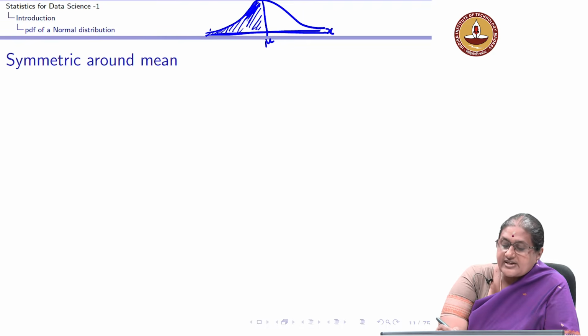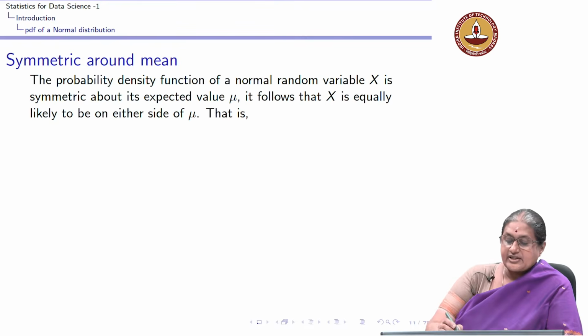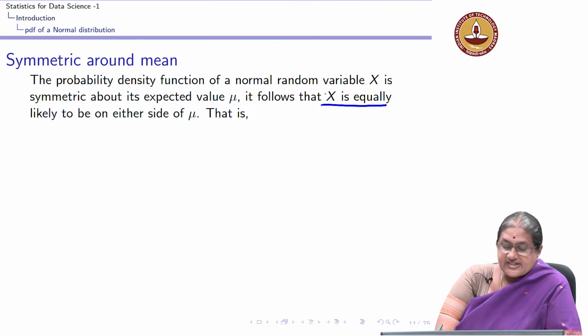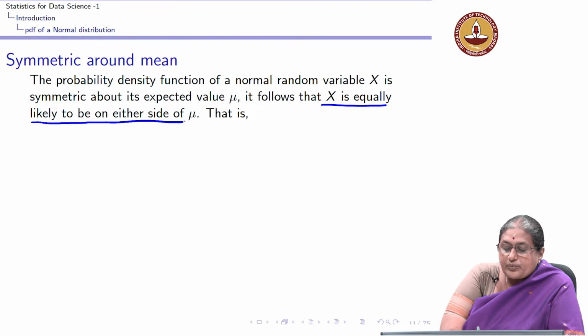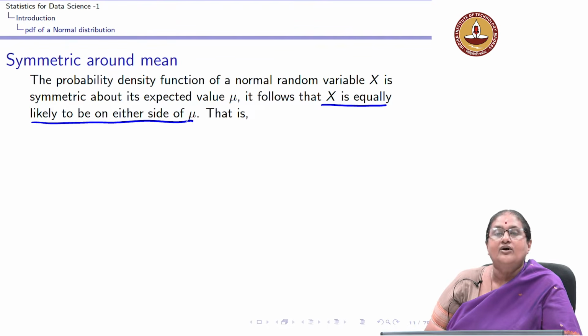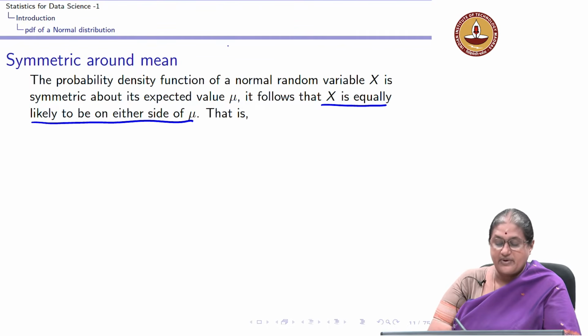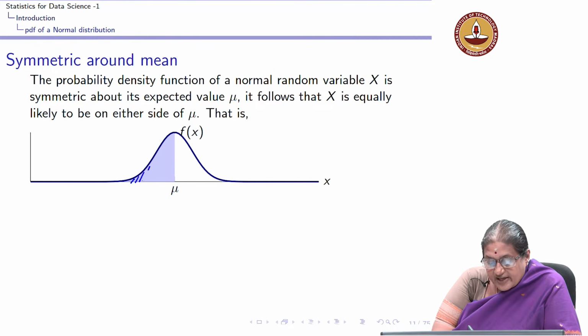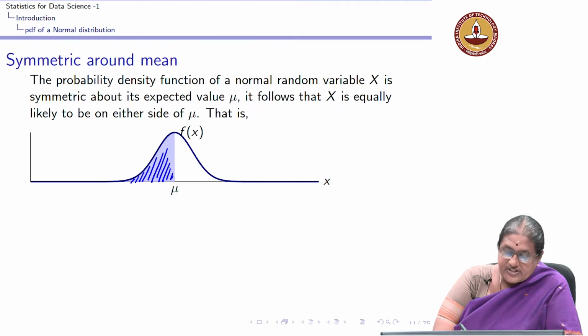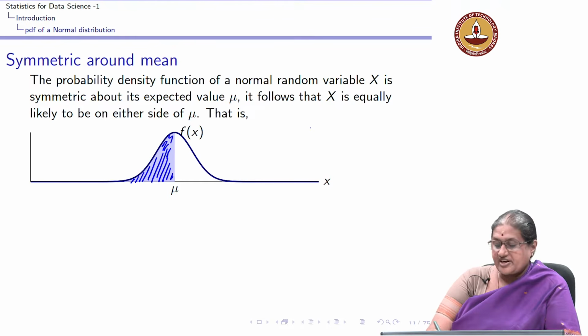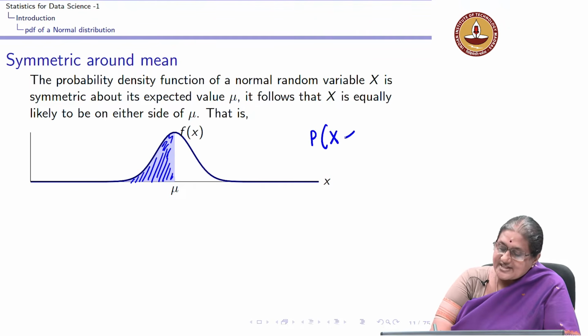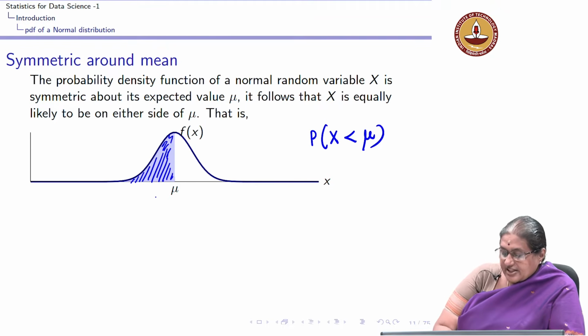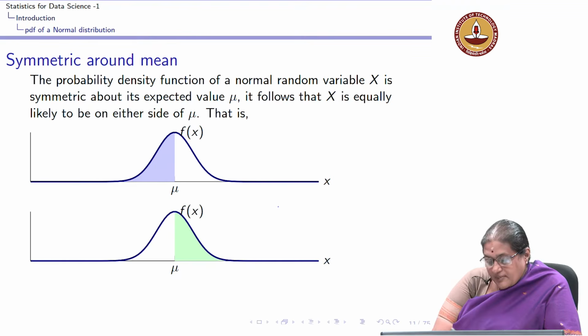Whatever is here is symmetric around the mean. So, x is equally likely to be on either side of mu because of symmetry. That is, the chance of x lying less than mu, which is given by this shaded region, is the same as the chance